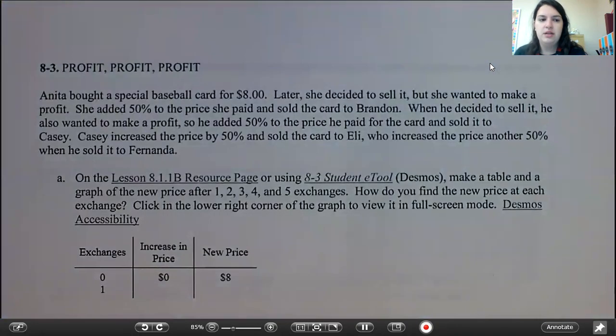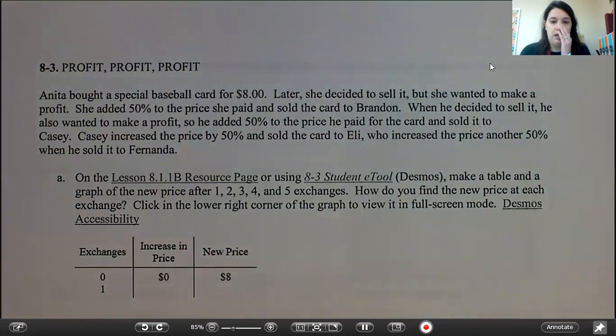Profit, profit, profit. Anita bought a special baseball card for $8. Later, she decided to sell it, but she wanted to make profit. She added 50% to the price she paid and sold the card to Brandon. When he decided to sell it, he also wanted to make a profit, so he added 50% of the price he paid for the card and sold it to Casey. Casey increased the price by 50% and sold the card to Eli, who increased the price another 50% when he